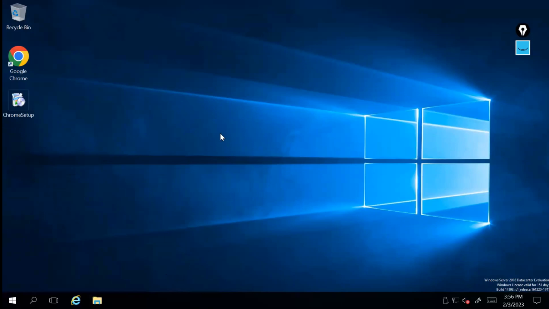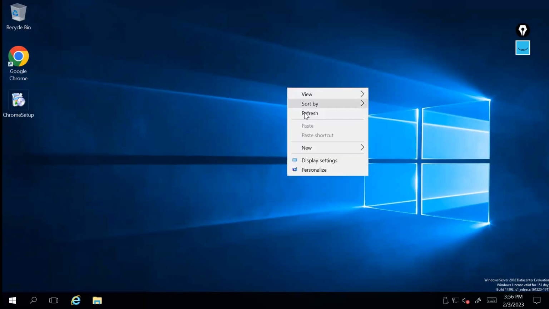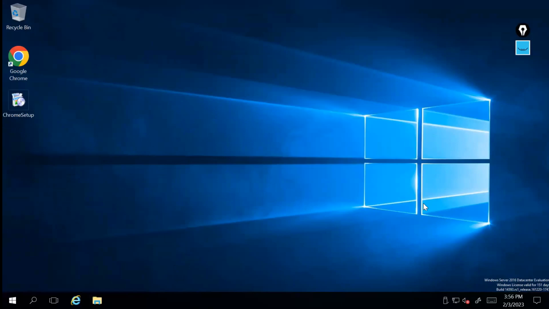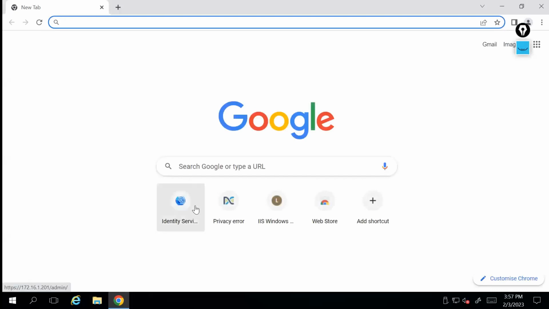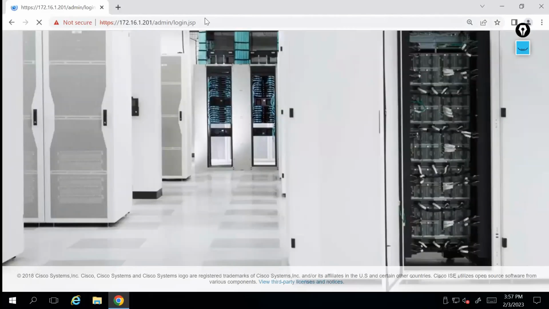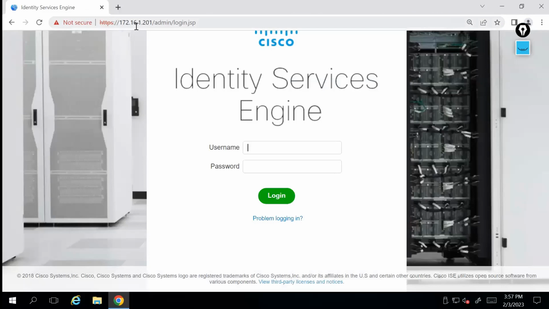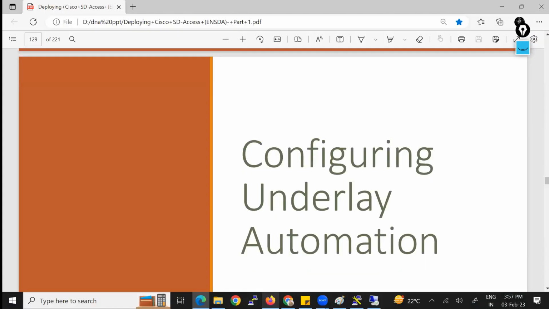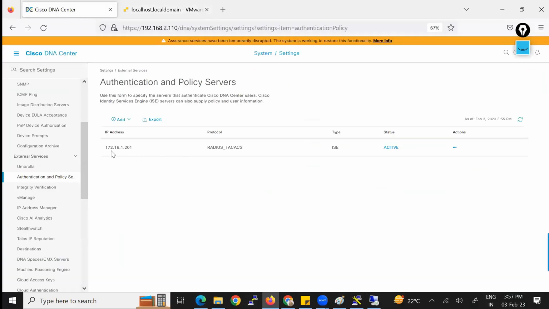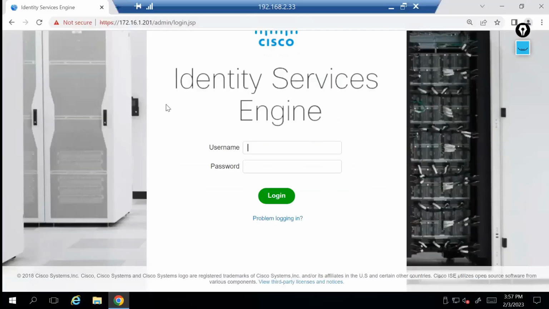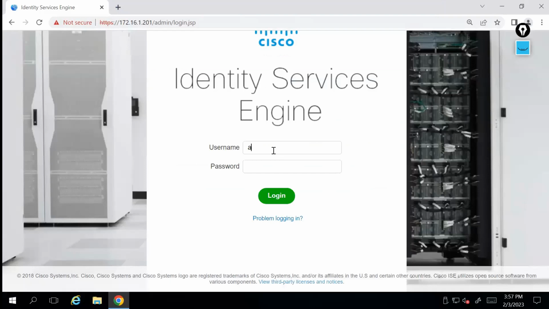Can you see this DNAC center? Sorry, Windows Server. This is Windows Server, right? So if I open the Chrome, in Chrome I have already opened ISE. So the IP of my ISE is 172.16.1.201. And you can see the same IP address on DNAC. Now, if we go to the ISE and we open it,